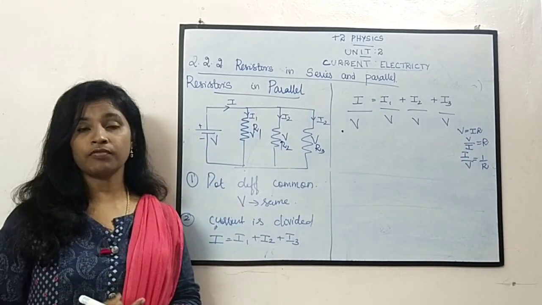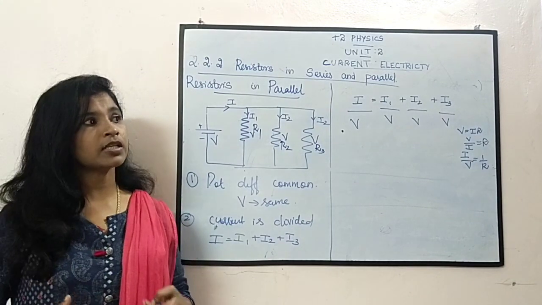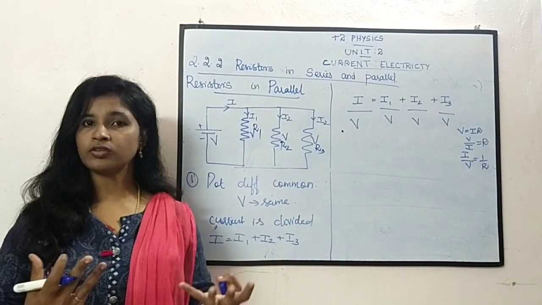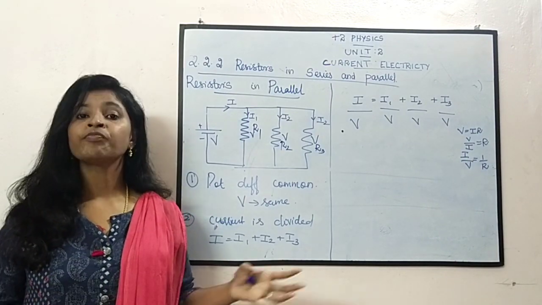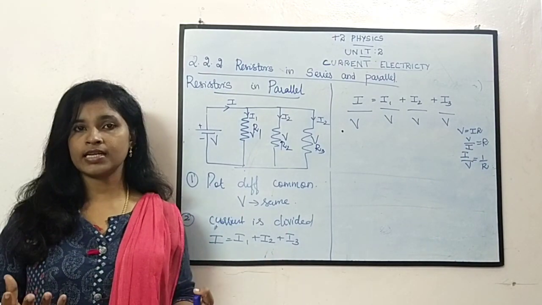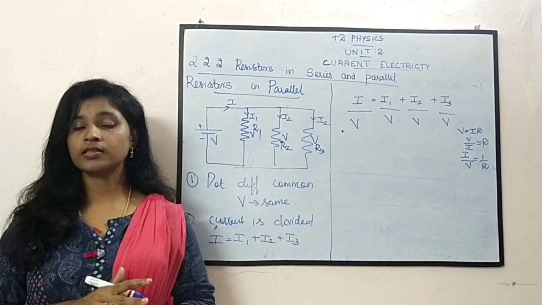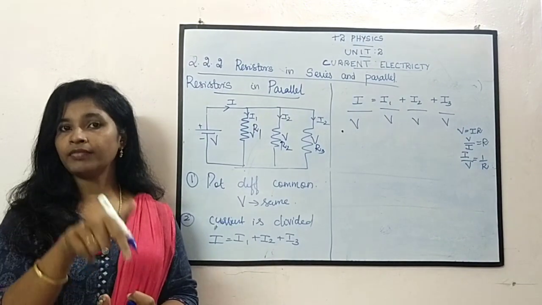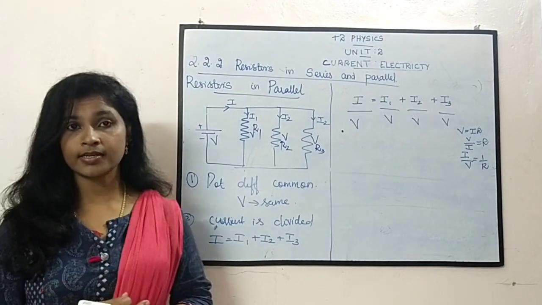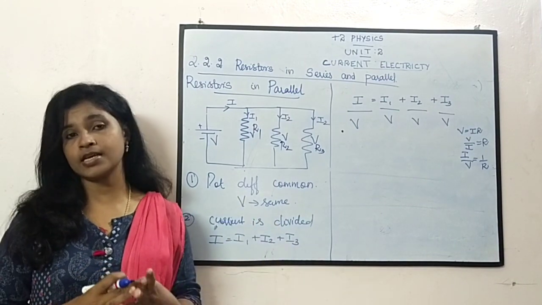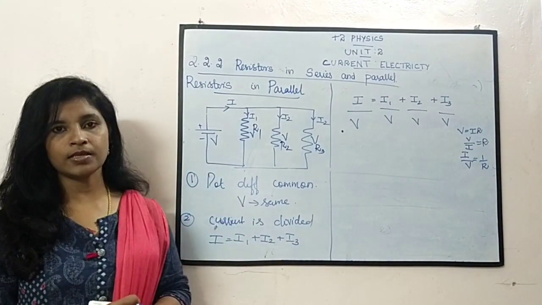Why are we going for series and parallel connection? Sometimes in the market our desired value is not available. Okay, the value we think of sometimes won't be available in the market. At that time we will connect either in parallel or in series, according to our convenience. If you want to reduce the resistance, what do we do? If you have to increase the resistance, in the previous class we discussed, we connect in series. Now let us see what happens in parallel connection.